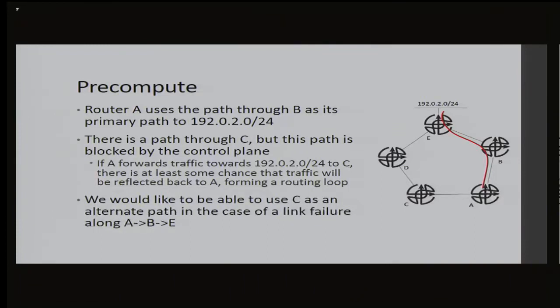We know in this case that A has a best path through B to E, but we know that it has an alternate path. We can see it on the network diagram. The routing protocol can't see it because of the way the metrics work, right? This is effectively the feasibility condition in EIGRP. If my backup path or my alternate path is more than the cost of my best path, I cannot trust the path not to be a loop from a routing perspective. So LFAs are essentially the same thing. I'm just looking at my metrics and saying, hey, this might be a loop, I can't use it, or it will create a micro loop if I use this.